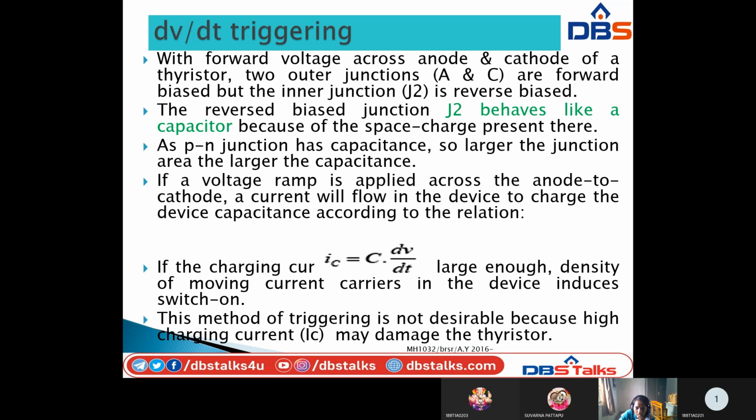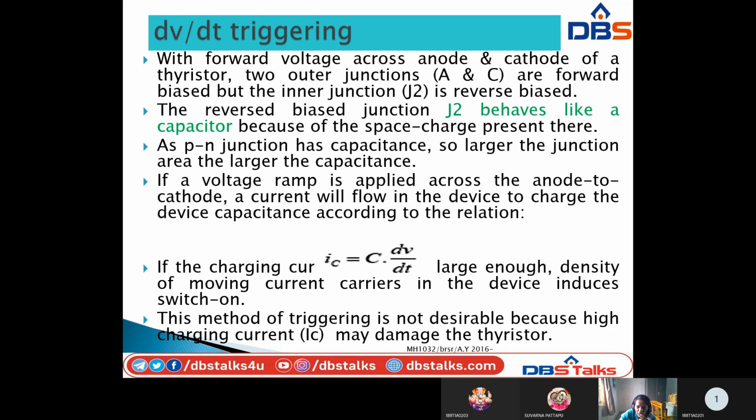If a voltage ramp is applied across the anode to cathode, a current will flow in the device to charge the device capacitance. The charging current is IC equal to C into dV by dt. A large enough density of moving current carriers in the device induces switch on. This method of triggering is not desirable because of the high charging current IC, which may